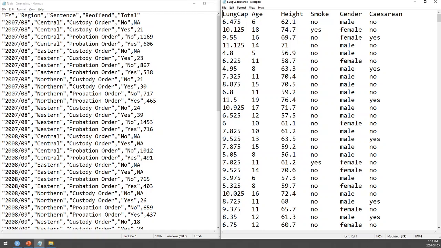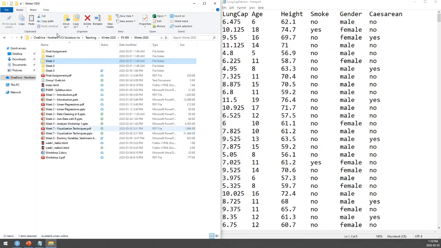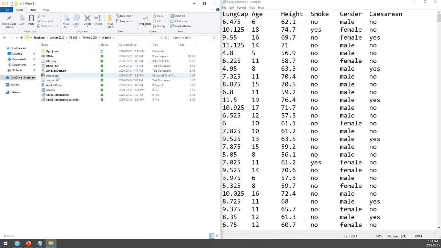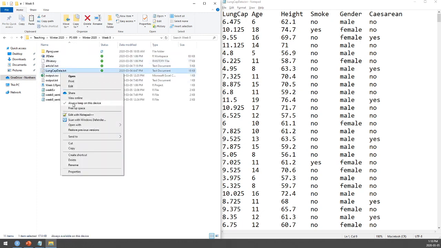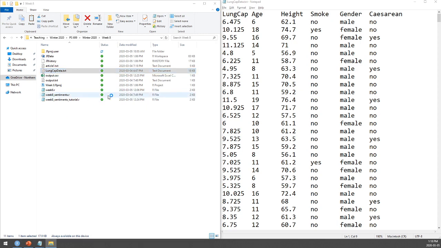So there's no commas, which is interesting. It seems formatted differently. So here's the difference between these two files. Let me open this up in Notepad++, because with that, I can show you the exact difference. So if I look at the lung capacity data with Notepad++,